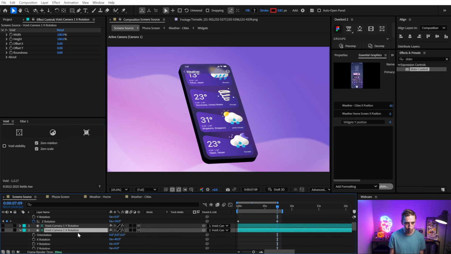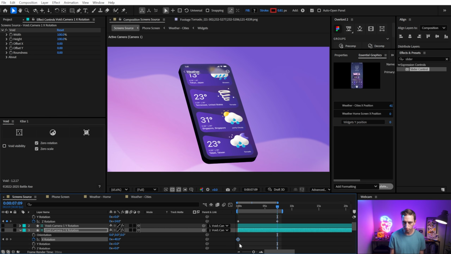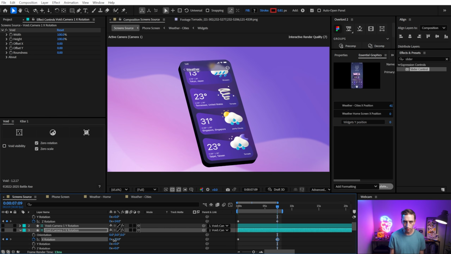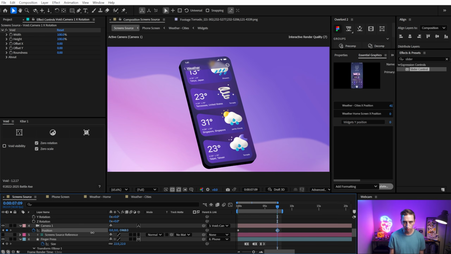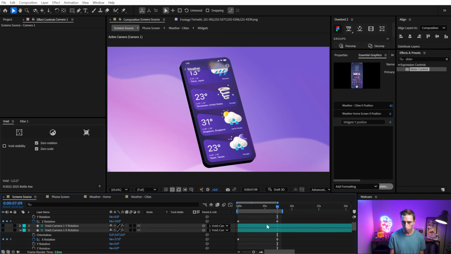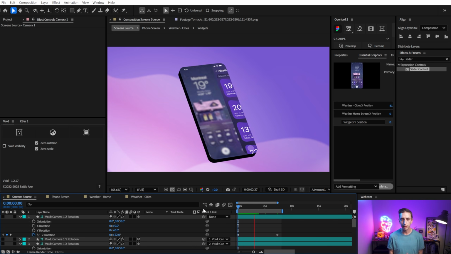And then why don't we grab the X rotation? And yeah, tilt it towards us as well. So I'm gonna set a keyframe for the start of the animation and then tilt it forward a little bit. And I might need to back the camera out just a little bit more so it's not quite so close in there. But now we're just gonna have a little bit more movement on the phone as this presentation is